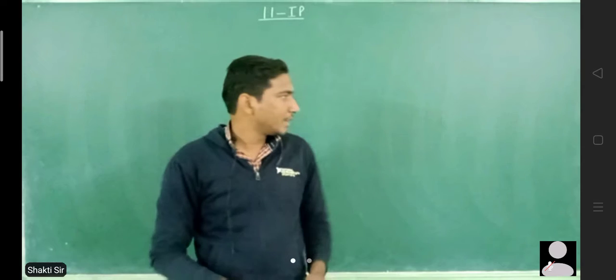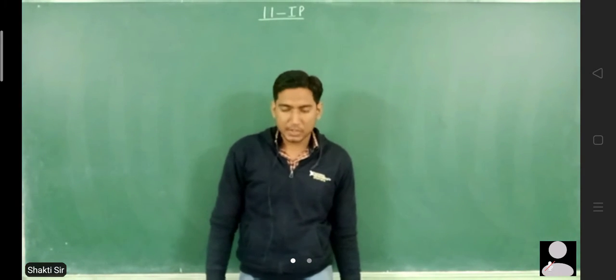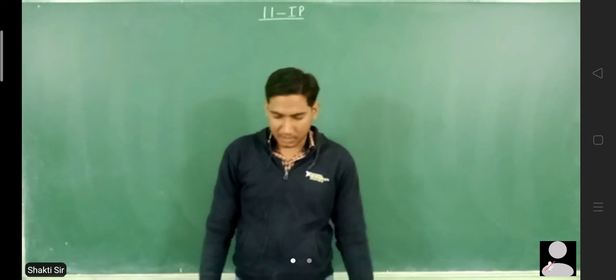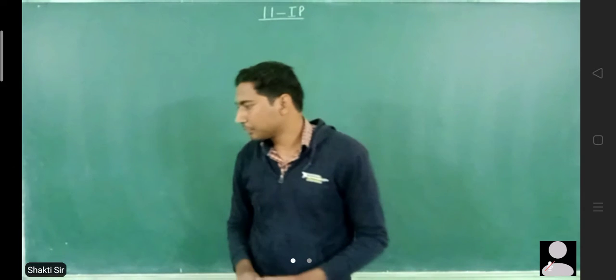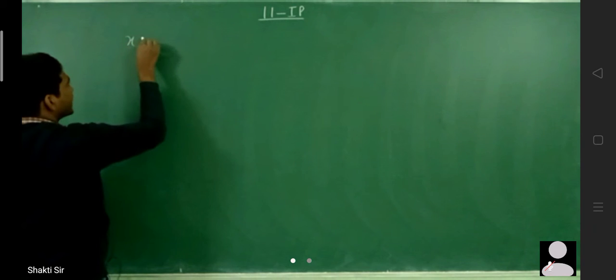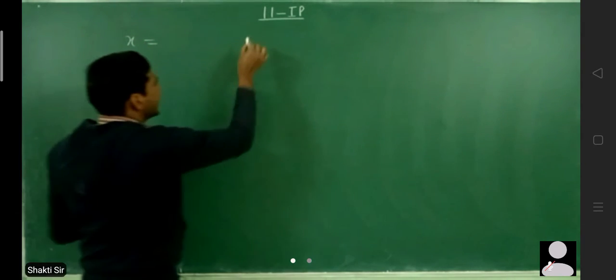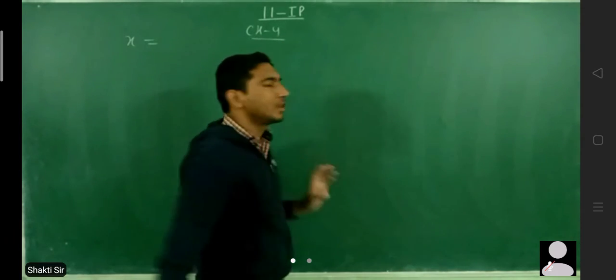So basically, in our last class, we were seeing chapter 4, which is working with lists and dictionaries. Okay, so let's start again. So let us see, how do you declare a list basically? So we use x is equal to, so basically, in chapter 4 we have working with lists and dictionaries.